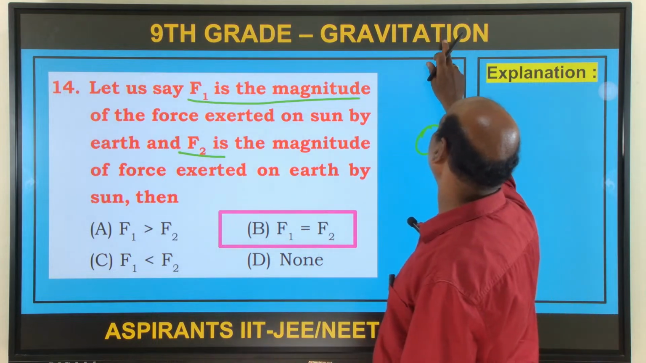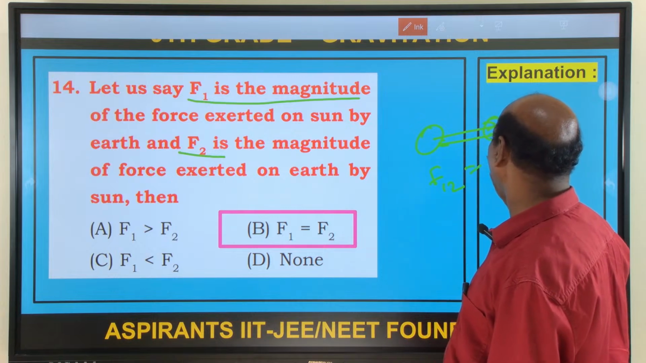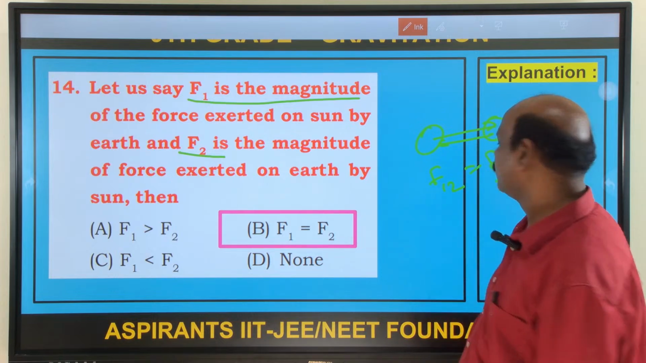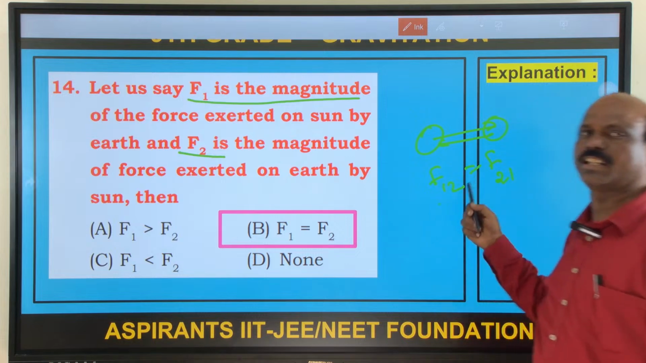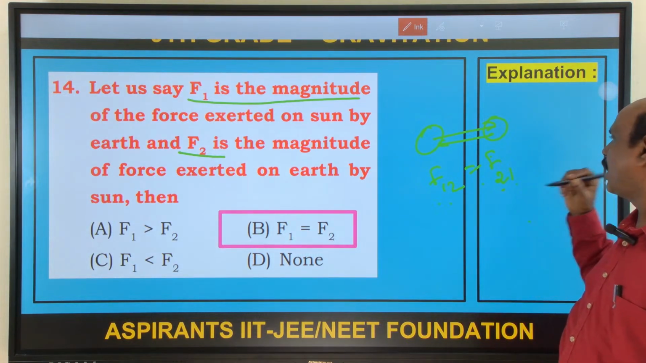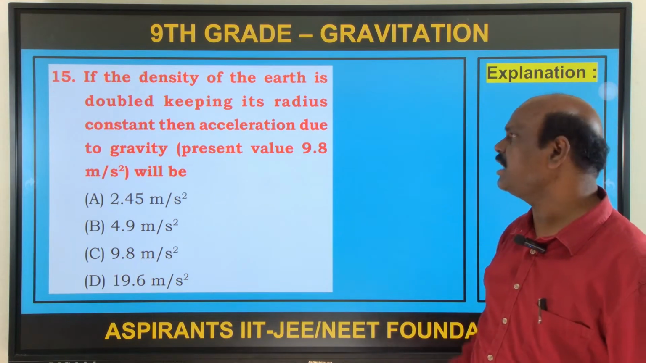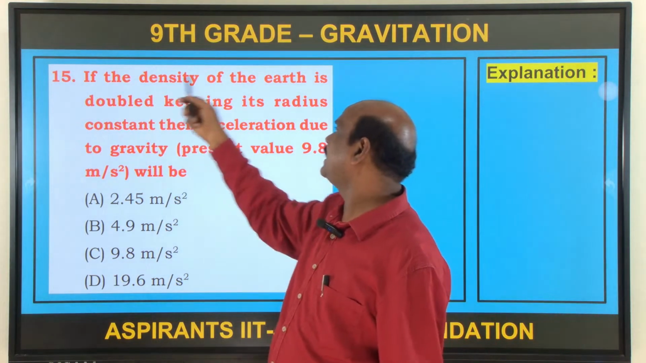Like we say, F12 is equal to F21, meaning the force exerted by the first body on the second body is equal to the force exerted by the second body on the first body. Next question. If the density of the Earth